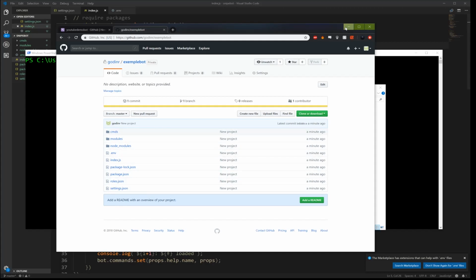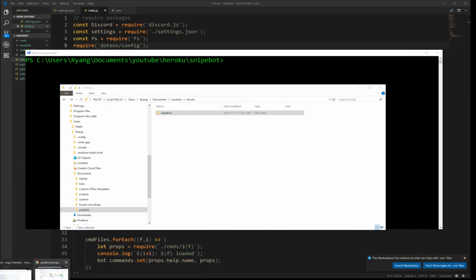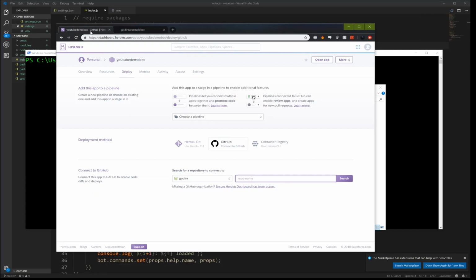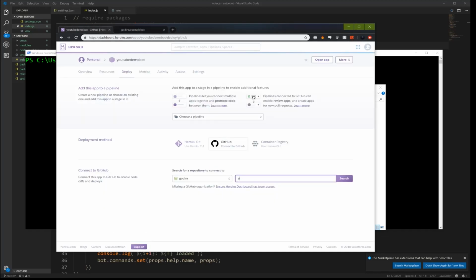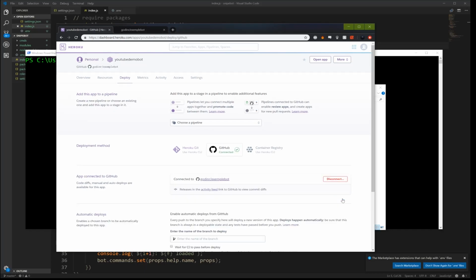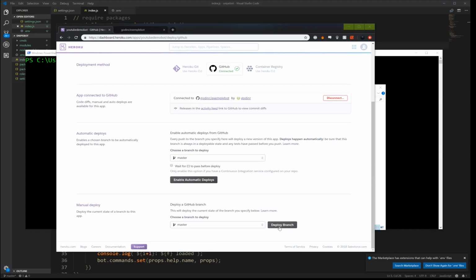And now if I go back to Heroku and I type YouTube, I think that's what I called it. No, I don't even know what I called it. Give me 1 sec. It's called example bot. Alright, so I'm just gonna type example, and if I search, you see here this pops up. So my example bot pops up, and you connect that. We're simply just going to push the deploy branch button,